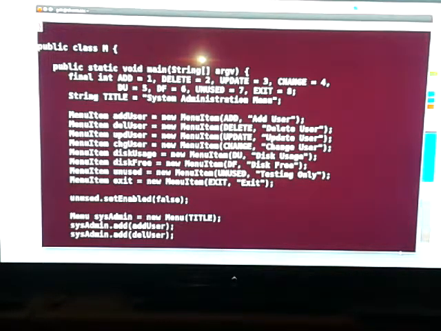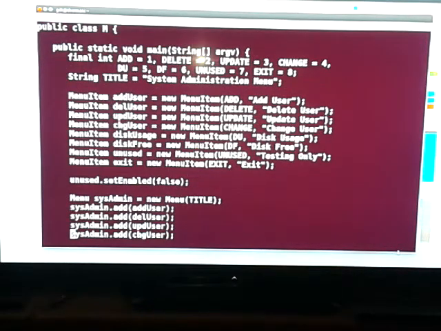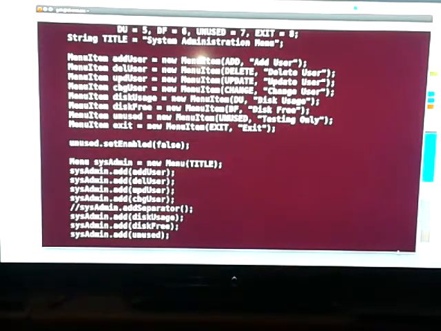And if you look down, you will see unused.set enabled false. That's where we're basically disabling a particular menu item. Later on here in the code, we are instantiating the menu object itself. The only thing you have to pass is the title of the menu, and then we are adding